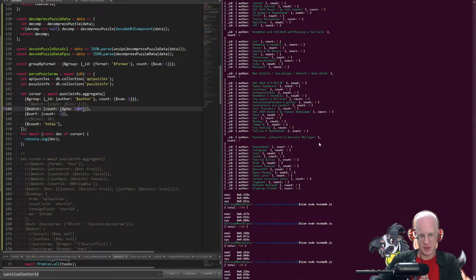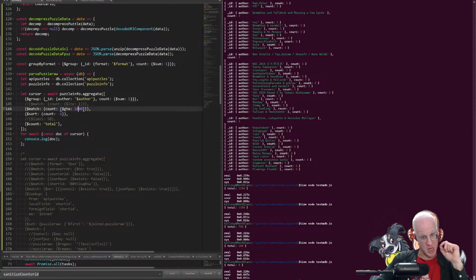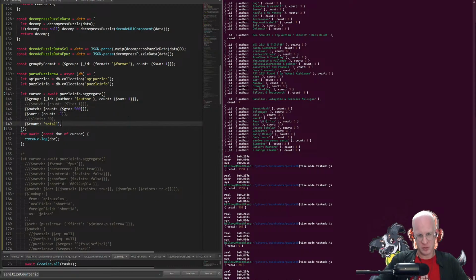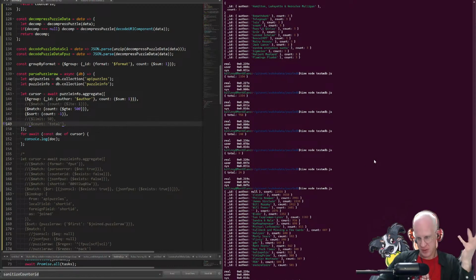And if we say more than 1,000 puzzles, we only have 9. And more than 500 puzzles, we have 24. And we could just output them, right? So these are the 24 authors that have more than 500 puzzles to their name, including Rockred Zero and Bill Murphy and Blobs and all, you know. Somebody like Fistamafel,